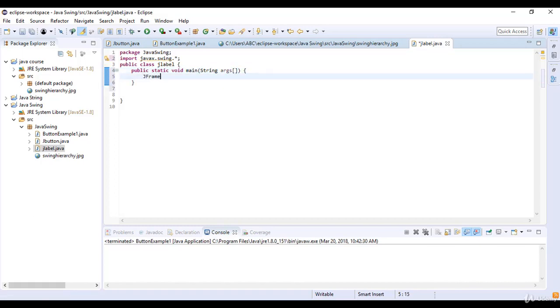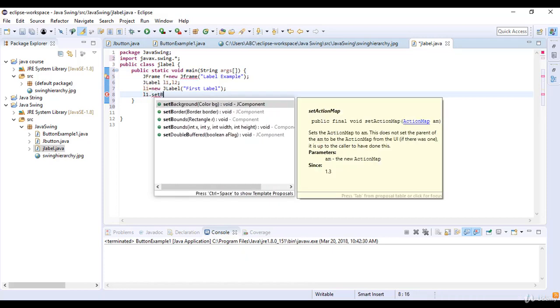Now JFrame object f equal to new JFrame, and then label example, then JLabel l1 and l2. Then l1 is equal to new JLabel, and this is called first label, and l1 dot setBounds,